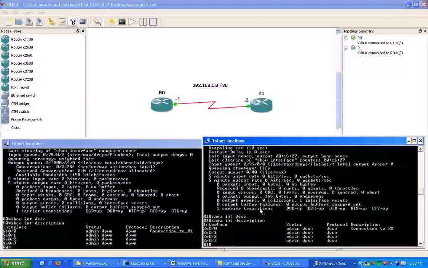If I do a show interface description, you can see here that the description now shows up. So again, the description command is very good, helps you know what interfaces are going to what devices. You see this a lot in real world network